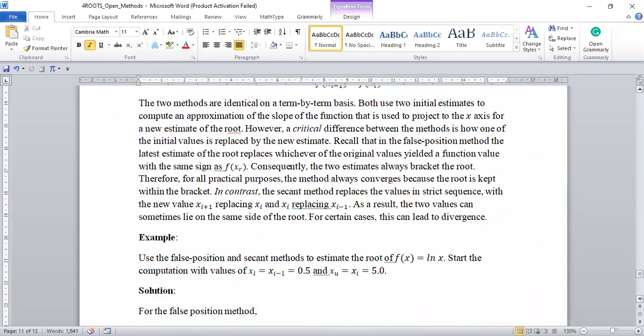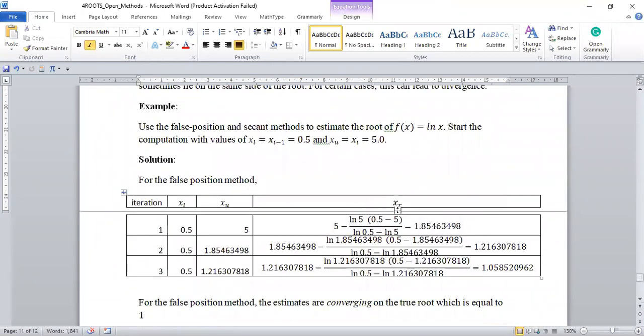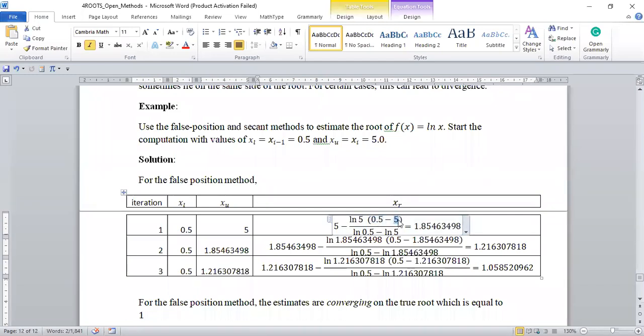So you substitute the lower limit with the upper limit. Then this is the evaluation of the function at the upper limit, and this is the evaluation of the function at the lower limit, and the evaluation of the function at the upper limit. When you do that, you arrive at 1.8. Then remember, when we're doing the false position method, after arriving at this value of xr, you are going to evaluate